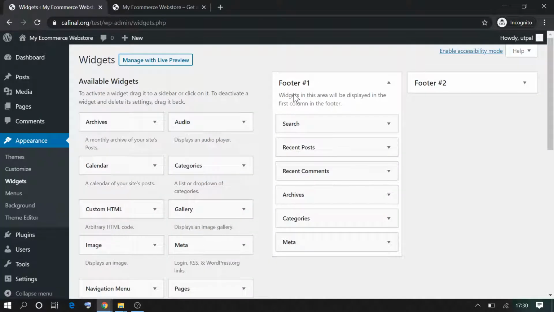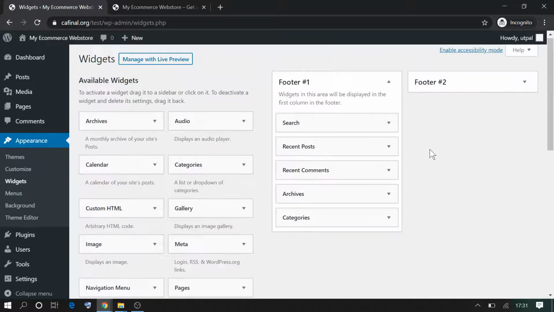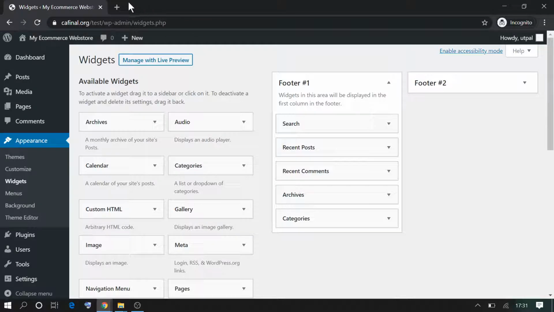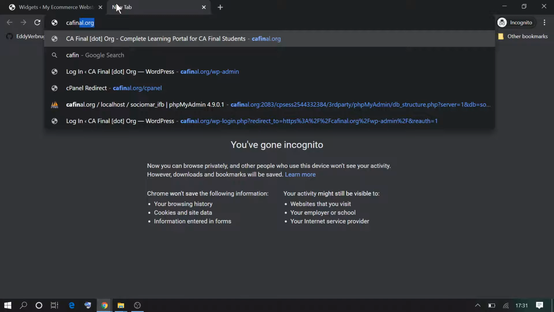If we come here to the widgets tab, we can see the same stuff in the same order. First we have search, recent posts, then recent comments, then archives, categories and meta. If we want to remove something, we can straight away delete it from here. And when we visit the website again,